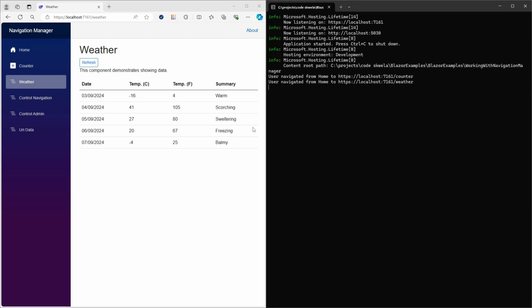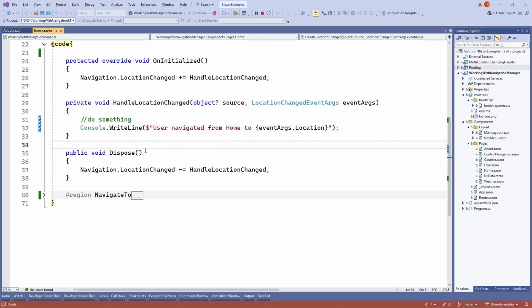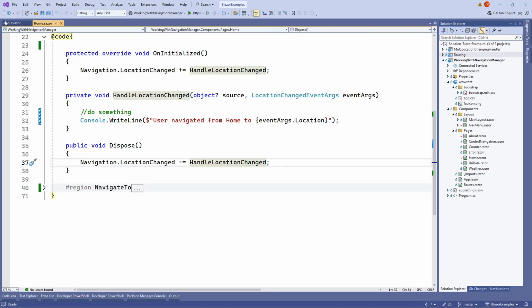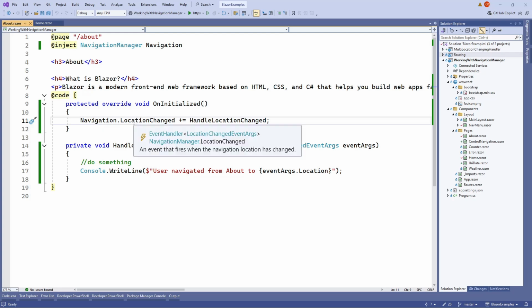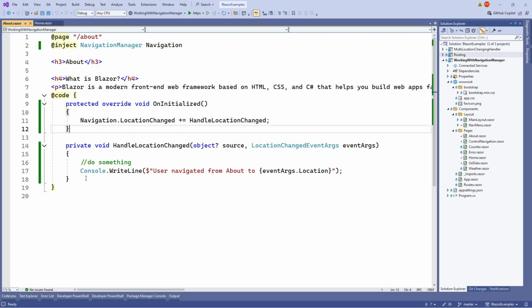Now let's go back to why we need to unsubscribe from our event. Let's stop this for a moment and open a different page. We have here the about razor. Basically, here I did the same thing. I've subscribed to our location changed event, but did not dispose of it, or unsubscribe from this event. Now if we run this again,